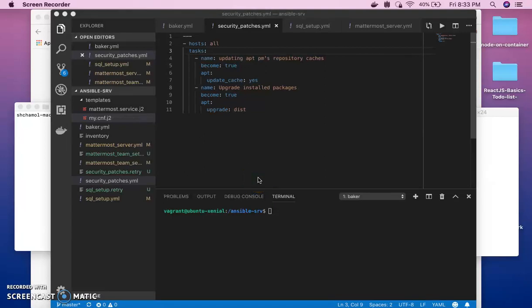Hi, I'm Shivam Chamoli, Unity ID SCHAMOL, and today I'm going to present to you the creation of a Mattermost server using Ansible playbooks, and I've created